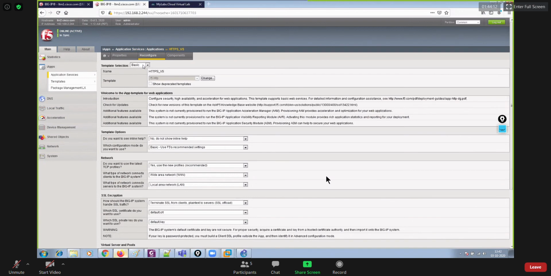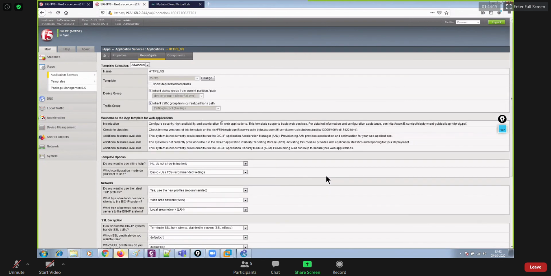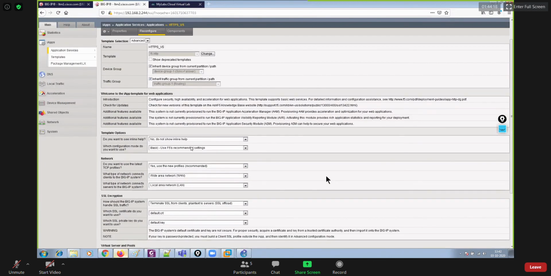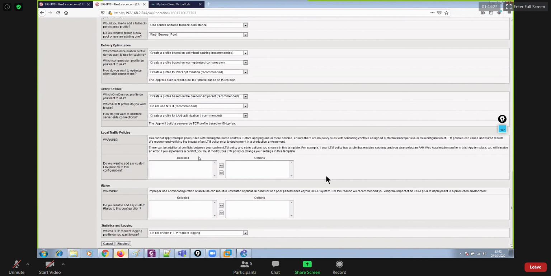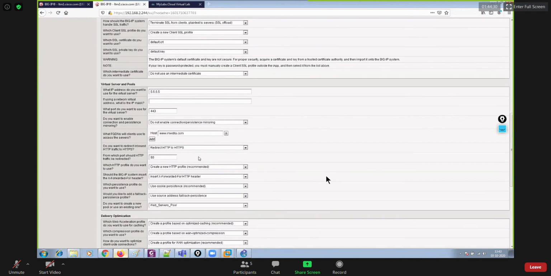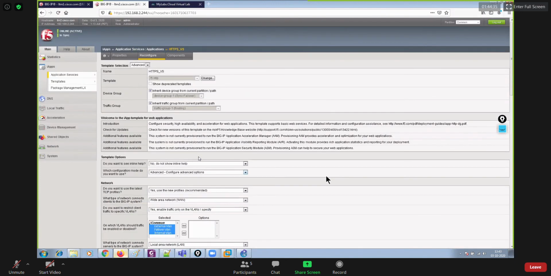Here you go. You could also select the advanced button, and thereafter you could use basic or maybe advanced configure, and then you would have a lot more options over here, right? So you would have all the options available while configuring the virtual server. All of the options will remain the same. So that's how you can make modifications within the virtual servers which you created by leveraging IAPs, or by the help of IAPs. So that's how you can modify the configuration. It's quite easy to deploy your applications using IAPs, right?